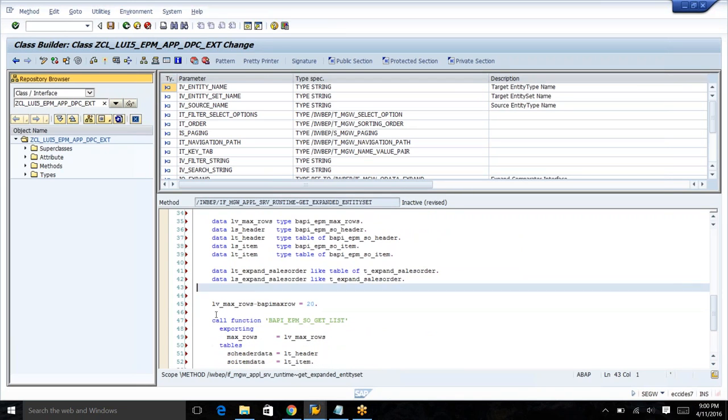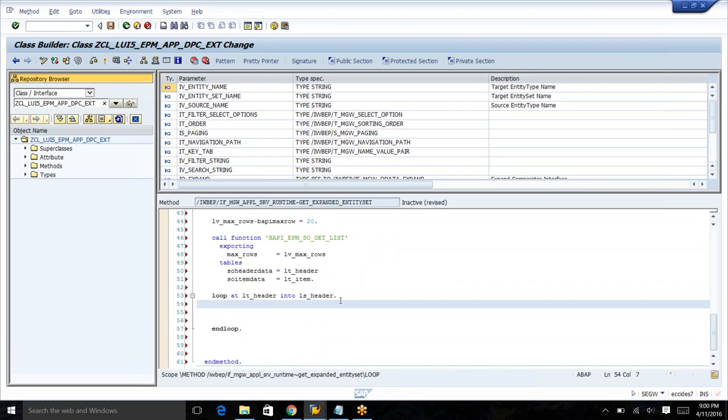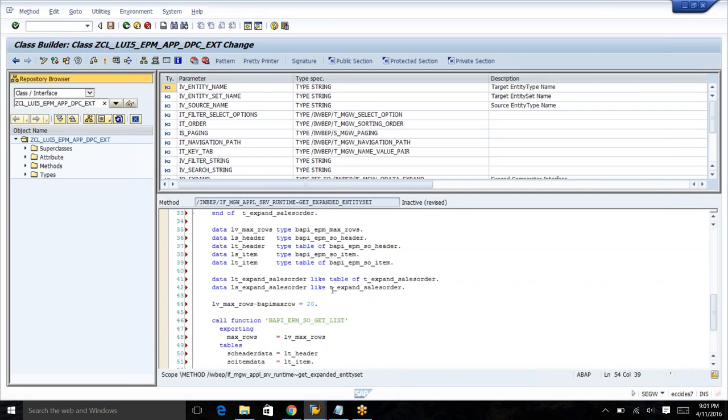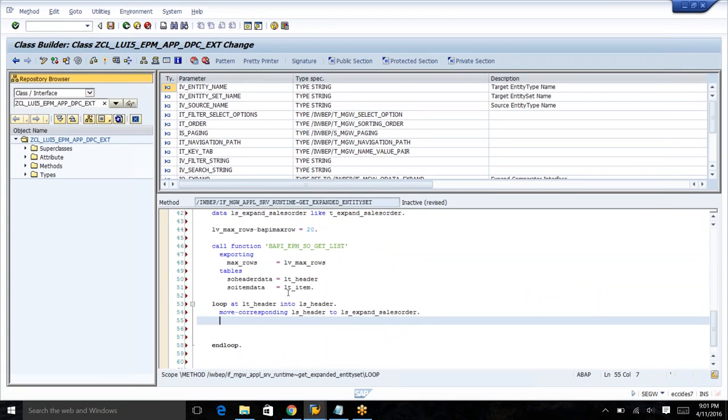So what I'm going to do is say move corresponding ls header to my structure, since it has an include of your sales order header data. And in the item data,